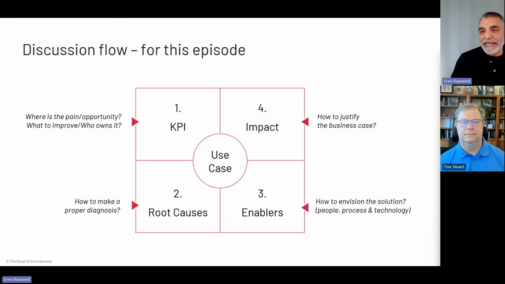On our first episode, we introduced the standard structure shown here to explore different metrics. For schedule adherence, we're going to connect the dots in a slightly different sequence. As always, we will start with the definition of the KPI, then dive into the root causes. Next, explore the different enablers of the solution. And in this case, we will look at impact finally, which is the business justification for investing in the solution. So let's kick off things by starting with the definition.